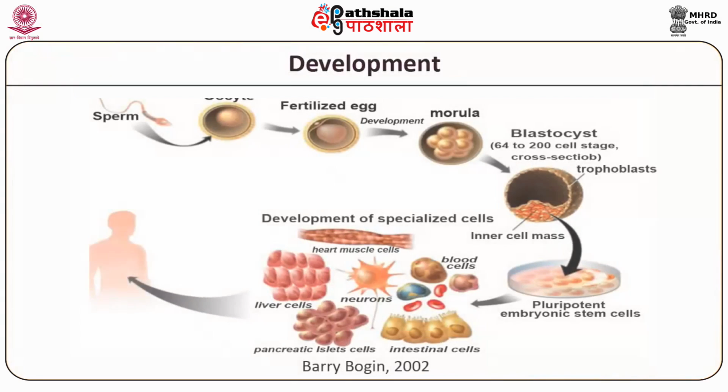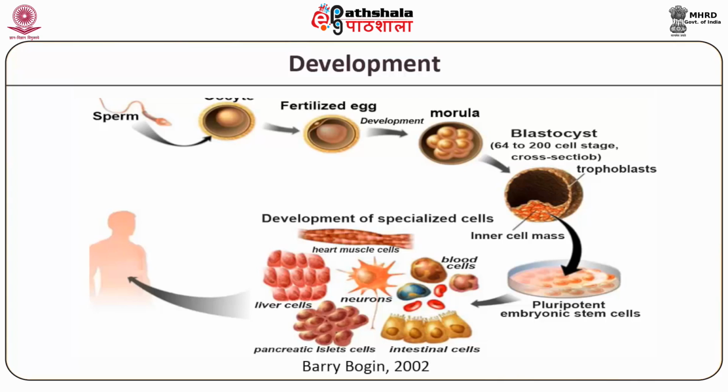As we can see in the figure, fusion of sperm and egg produces a zygote. This zygote undergoes division and eventually forms a blastocyst. This blastocyst has a mass of undifferentiated pluripotent stem cells which have the potential to become different types of specialized cells such as muscle, neuron, blood cell and others. These specialized cells form tissues and organs to carry out specific functions in an individual, which include circulatory, respiratory, neural,